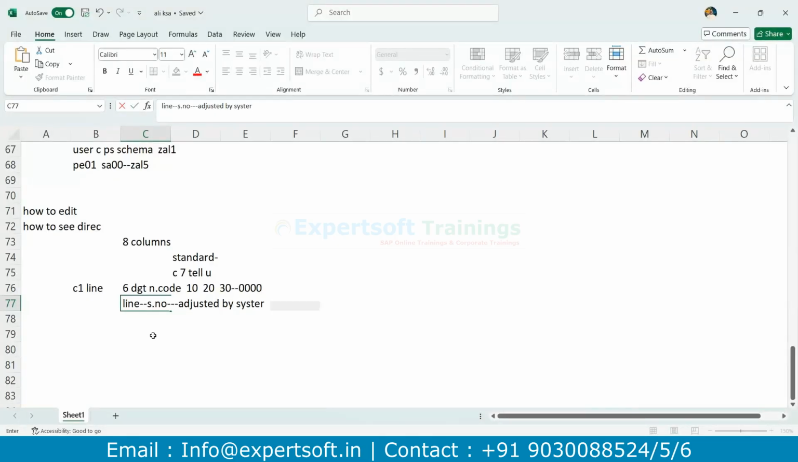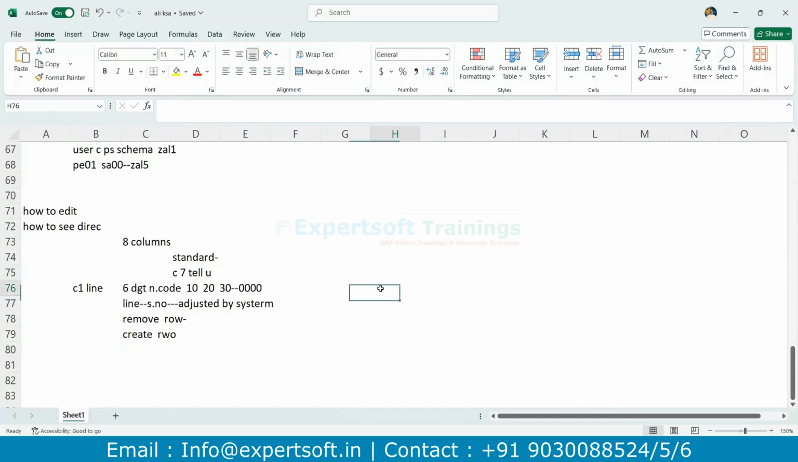Adjusted by the system, in the sense that if you remove a row or create a row, the system will adjust it. So that means columns are standard. We cannot create or delete them. But rows we can create and rows we can delete. The best suggestion,